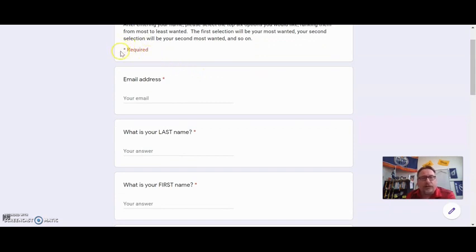Just a note, this little star saying required, any question that does have a star, that means it is required that you fill in an answer. The form won't let you submit it without filling that question in. The first thing that's asked is your email address, and so I'm going to fill this out as though I were a student. So I'm going to go ahead and put in my email address,